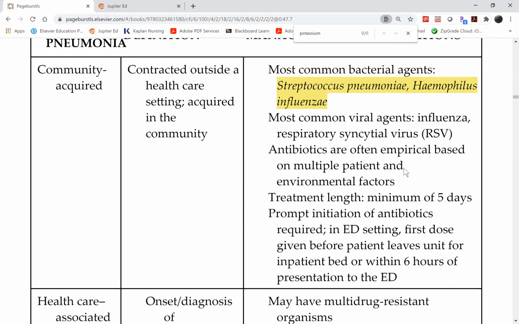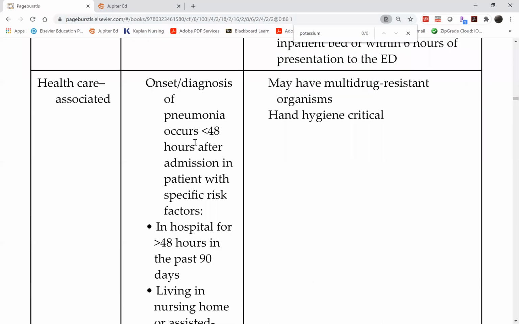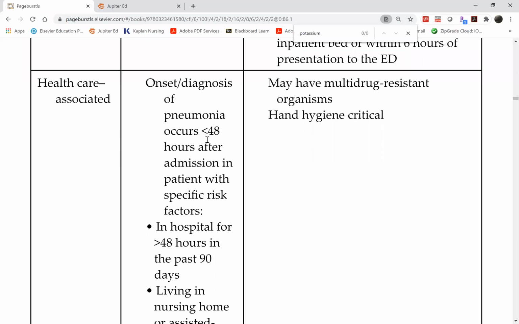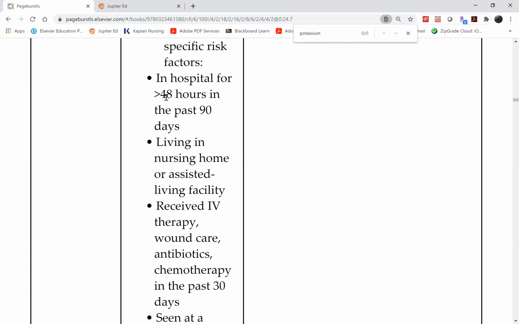Healthcare associated pneumonia doesn't have to be occurring while you're inside the hospital. As you'll see here on the definition, it's pneumonia that develops within 48 hours of admission. So the admission here doesn't have to be in the ICU. It could be in any regular floor. And in fact, look at the other definitions. If you've been in the hospital for at least 48 hours, and then you develop pneumonia within the last 90 days, meaning if the pneumonia develops even after discharge, but you were hospitalized within the last 90 days for at least 2 days, that is still considered